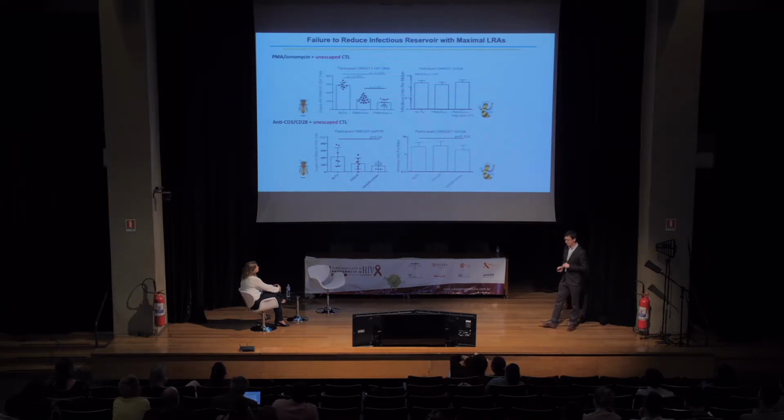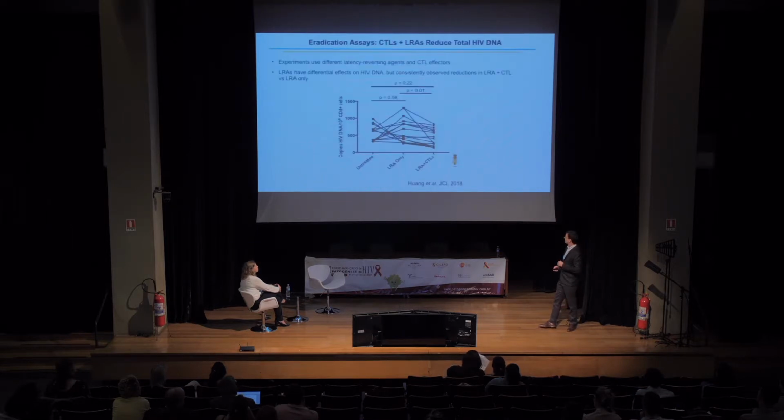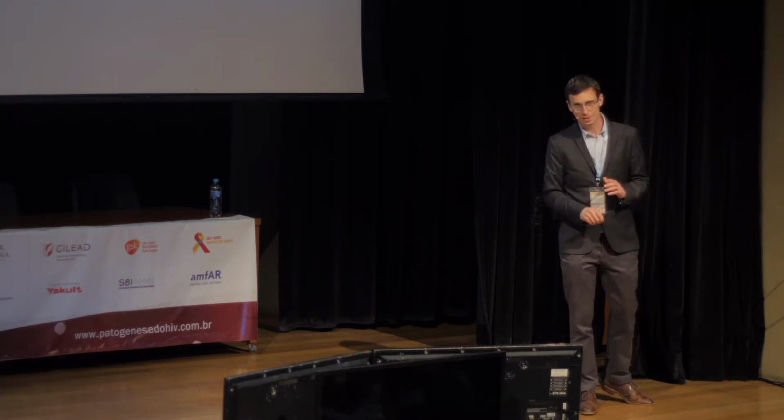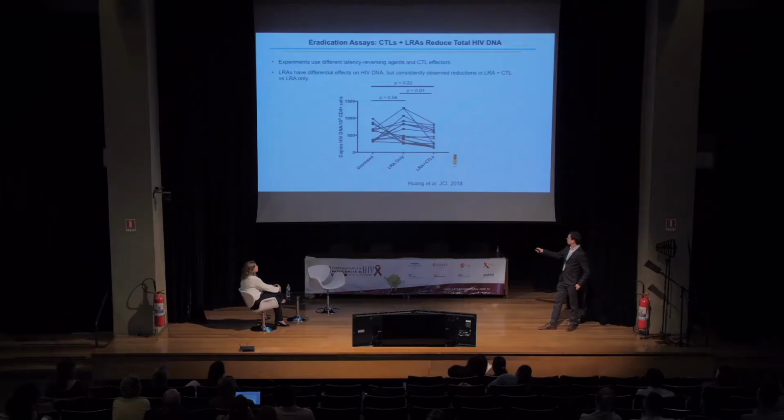So the story is a bit disappointing, but consistent at least. And we can summarize it here. These are all the experiments we've done. It's a bit of a mixture of different latency reversing agents. We're just trying to take our best shot every time. Sometimes the latency reversing agents increase the HIV DNA. Sometimes they decrease it. But when we add the CTLs, we always see a nice decrease from the latency reversing